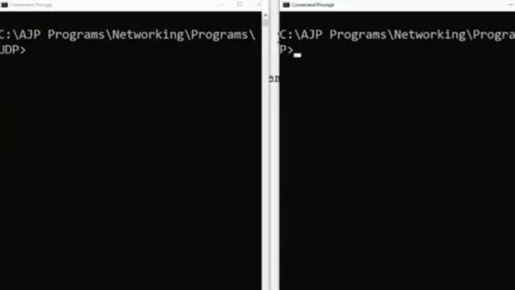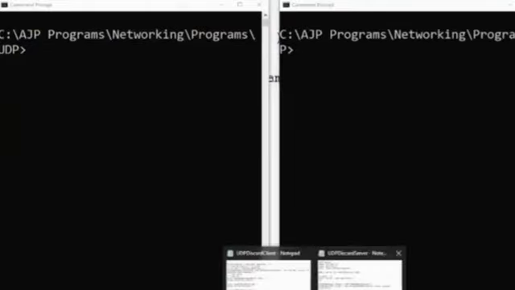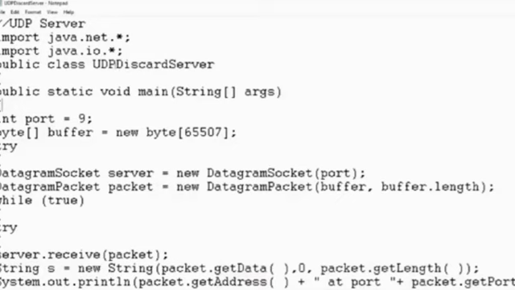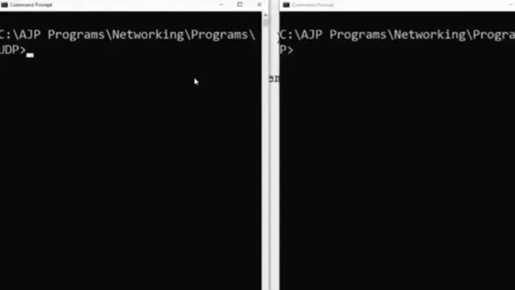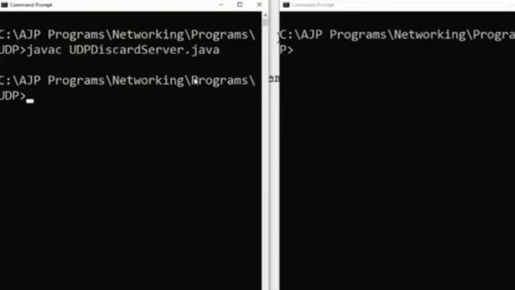The very first I am going to run my server. Why the server? Because the server is waiting for the client request. So here I am going to run the server program: javac with the program name .java. After compilation, I run the program with the command java server.